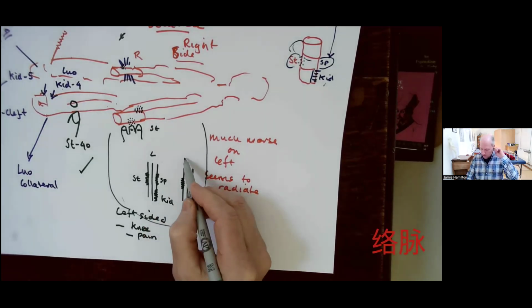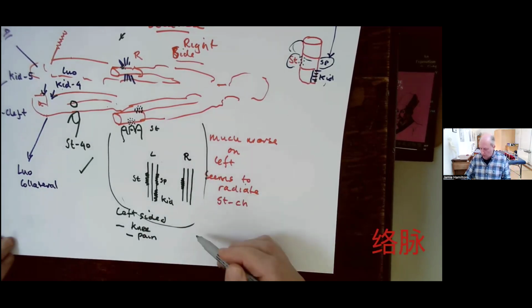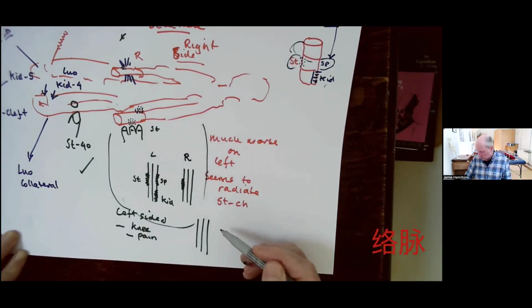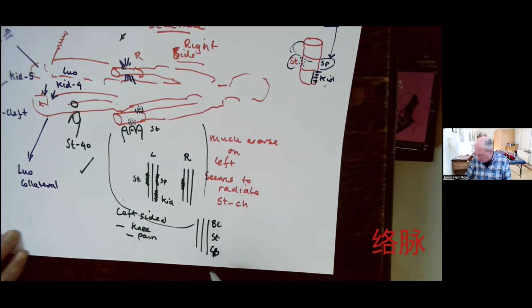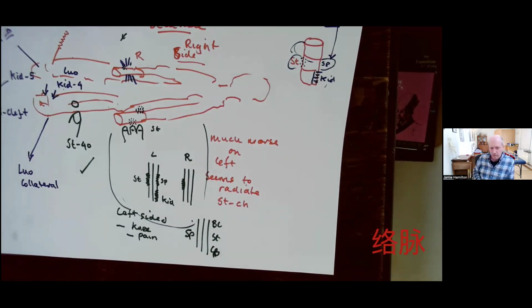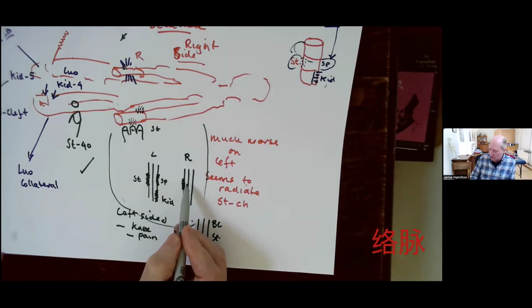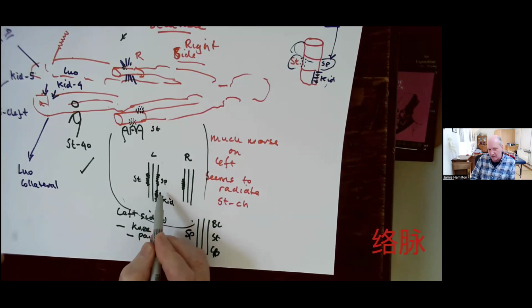So this is what the right side would be. The map is literally just reversed with bladder, stomach, gallbladder, liver. Spleen is always in the middle, right? So that's easy. It's just flipped onto the other side. So this is the right side, not so bad. Left side, it is bad.